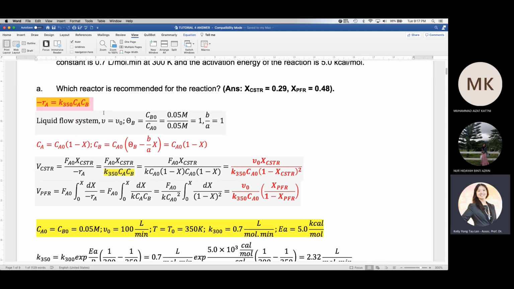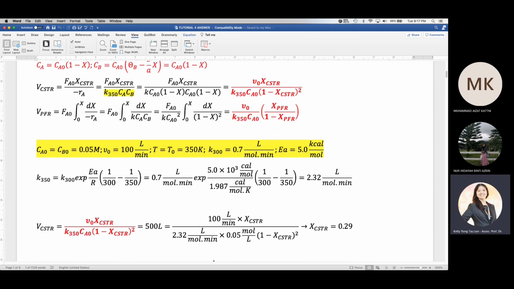Okay. So, tak kisah reaktor pertama ke reaktor kedua ke, rate law dia masih sama. Meaning it's still first order with respect to A, first order with respect to B. So kalau dalam reaktor pertama minus RA equals kCACB,